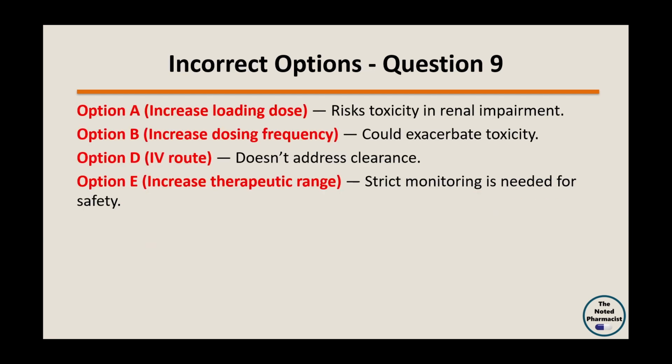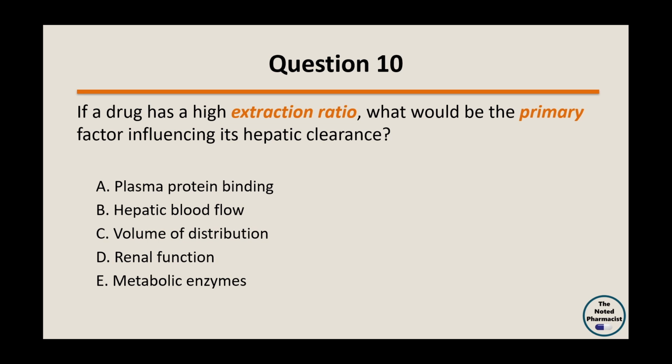Why other options are incorrect? Option A, which says increase the loading dose, is incorrect because this risks initial toxicity in renal impairment. Option B, which says increase the dosing frequency, is incorrect because this could exacerbate toxicity. Option D, which says switch to an intravenous route, is incorrect because route change does not address clearance. Option E, which says increase the therapeutic range, is incorrect because safety concerns demand strict therapeutic monitoring. Question 10. If a drug has a high extraction ratio,